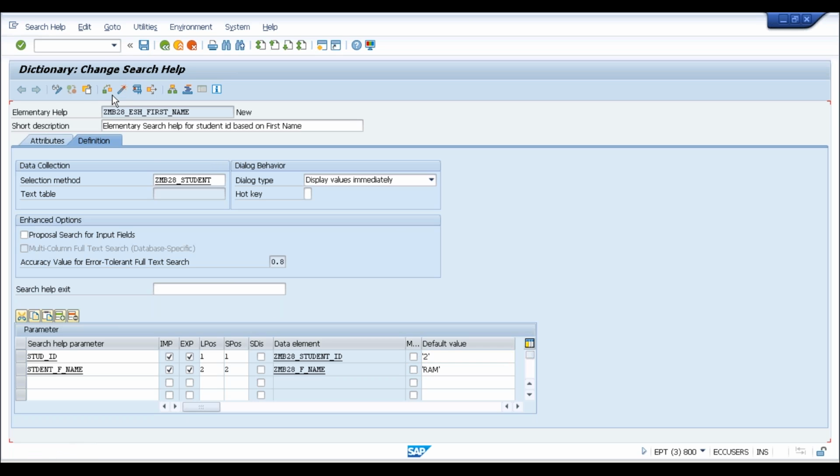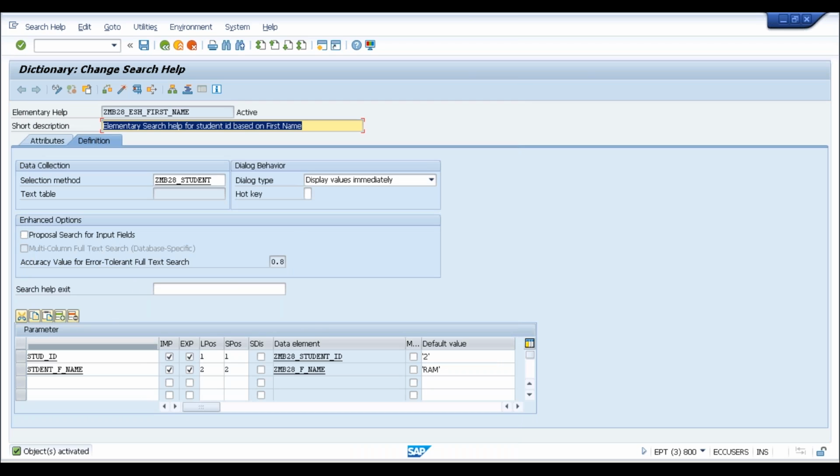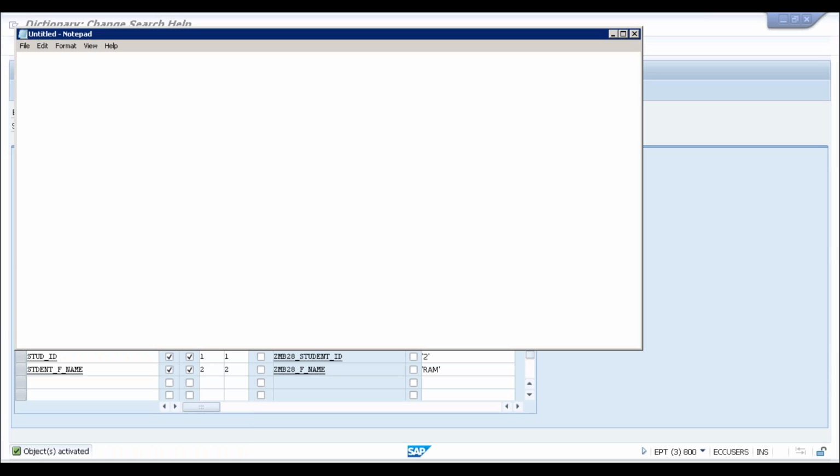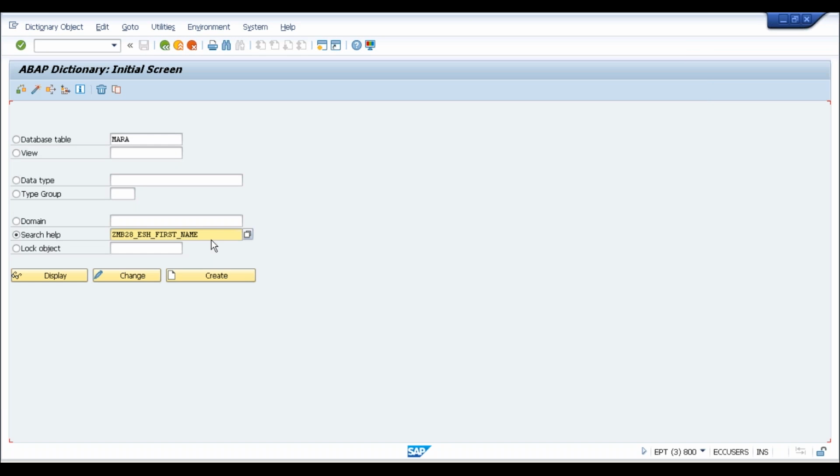Just save it. Now check the syntax. It is fine, and just activate now. Okay, this time there is no error and it got activated. So this elementary search help I have created this time, and another search help I would like to